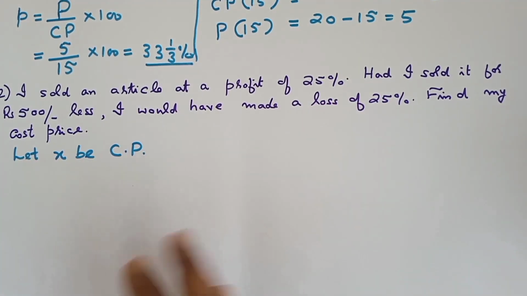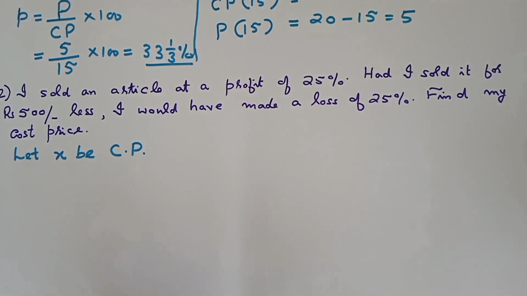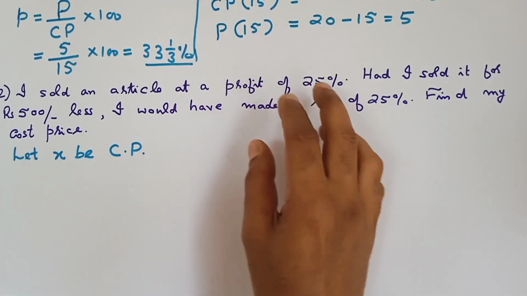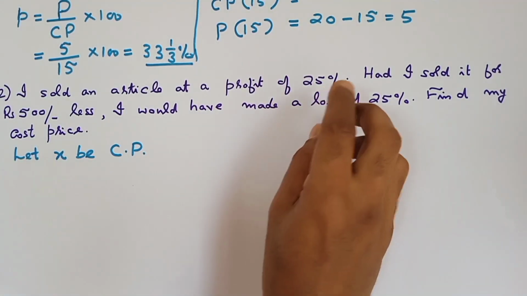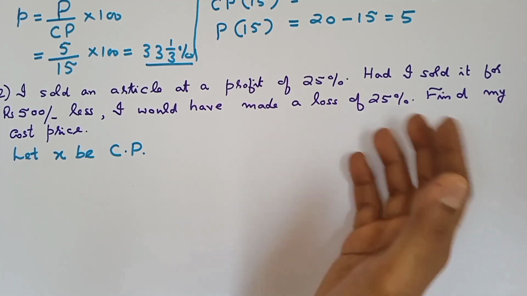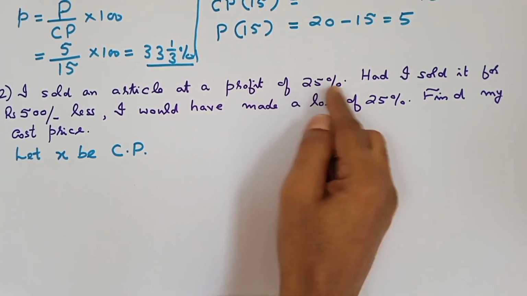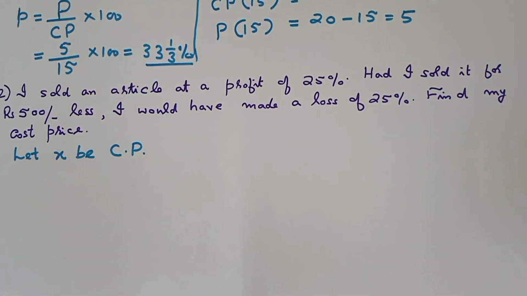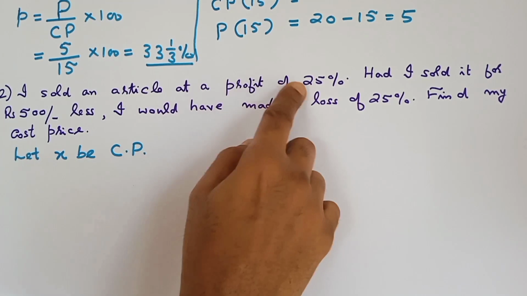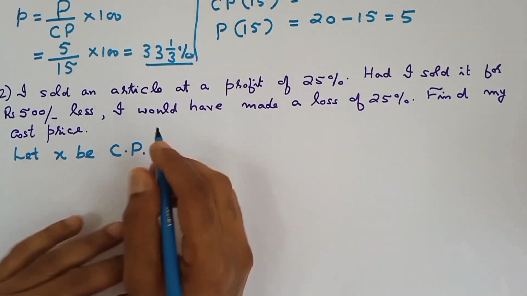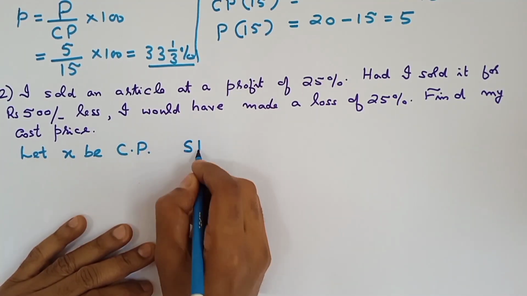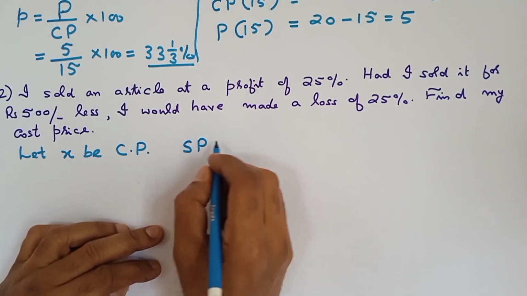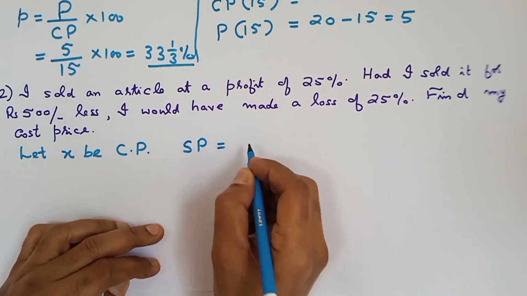See, percentage has no existence unless you clearly mention so much percentage of something. When it is implicit or understood, we just omit it, like 25% we say. Actually, this is 25% of cost price. So read it like that. Now, this is the cost price, and sold at a profit of 25% means how much would be the first selling price, rather the higher selling price,